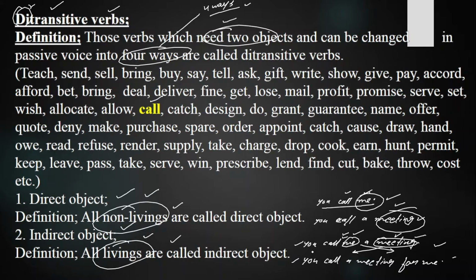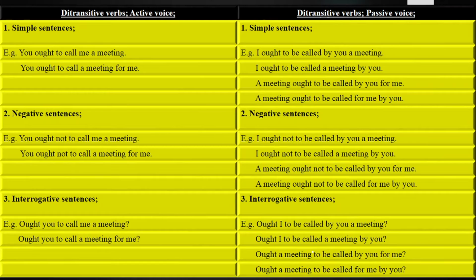The main target is how we are going to change it from active voice into passive voice. Today we have a ditransitive verb with the modal auxiliary verb ought to. Ought to is the modal auxiliary verb used for possibility, but it is less stressable than must. Must we use for 100% and ought to is used for